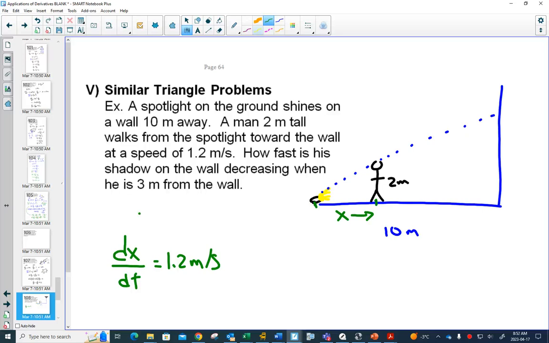Of course, it means x is a function of time. You don't have to write that, but it helps us understand the implicit differentiation that we're going to be doing. And as this man walks towards the wall, your y value is going to be decreasing. And that's what we want to find. We want to find dy dt